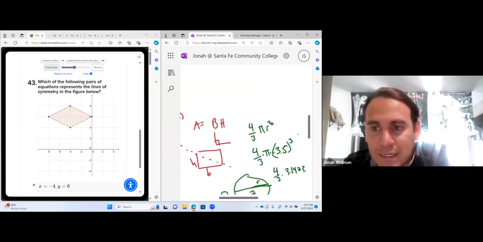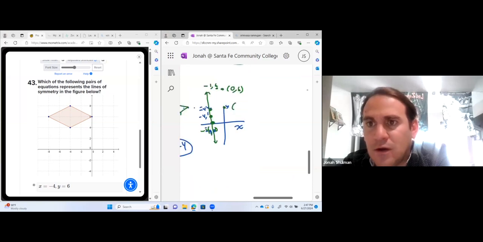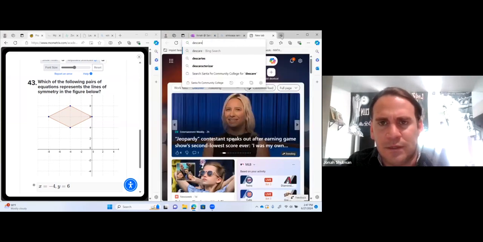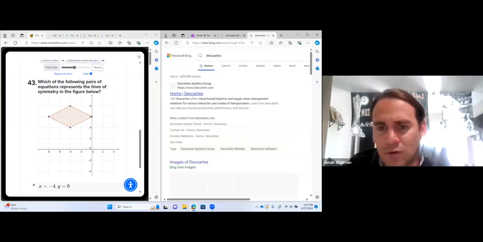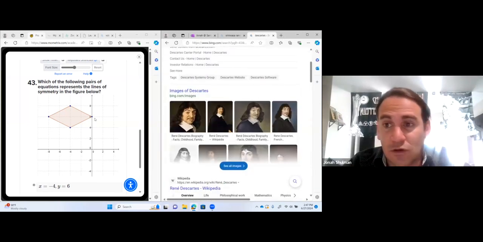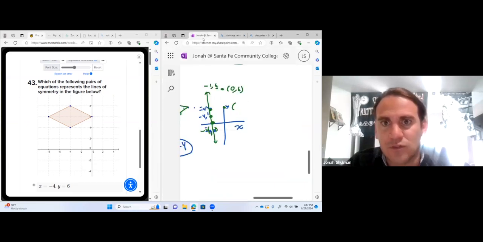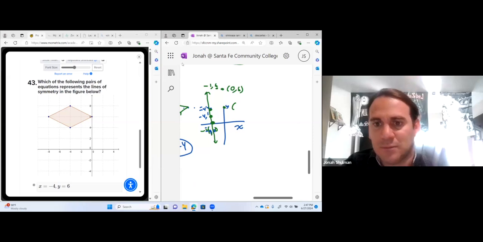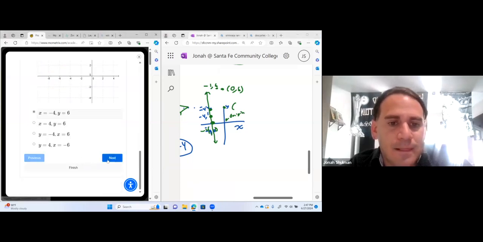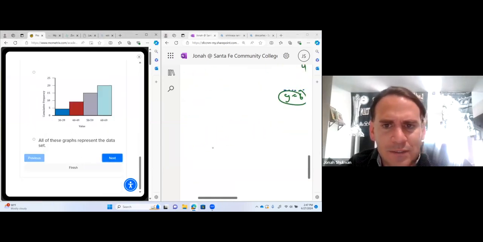Remember, this was by Descartes. Descartes made this. He's pretty interesting. He made the quote, "I think, therefore I am." But he came up with these lines. They're called the Cartesian coordinates. There's your x. It always goes across like that. That's your y. And that spot right here in the middle, the 0, 0, this is your origin. It's like the start of your story. All right, let's keep going.